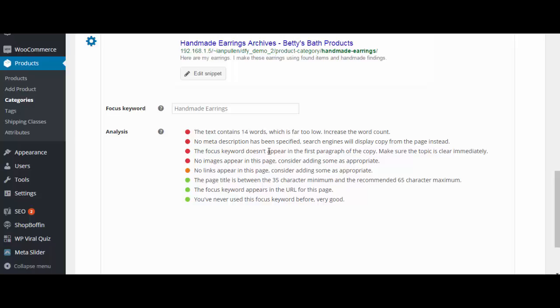The focus keyword should always appear in the first paragraph or as near to the beginning of your content as possible. So A, the reader knows what's important, and B, search engines know that that's an important keyword. No focus images, well, that doesn't matter. No links in this page, again, that doesn't matter. The page title is between 35 and 65 characters, good. The focus keyword appears in the URL, yeah, and I haven't used this keyword before, very good. It might be that you have used the focus keyword before, and again,